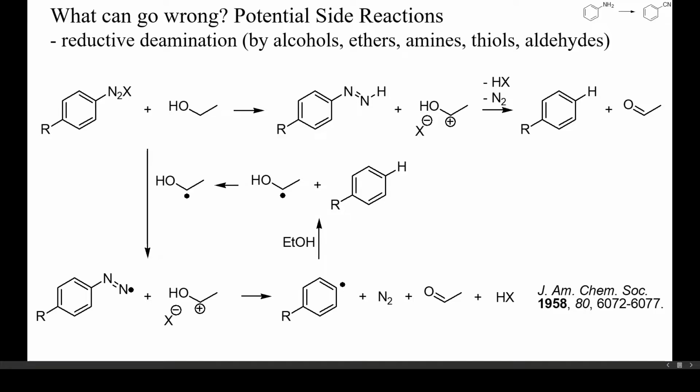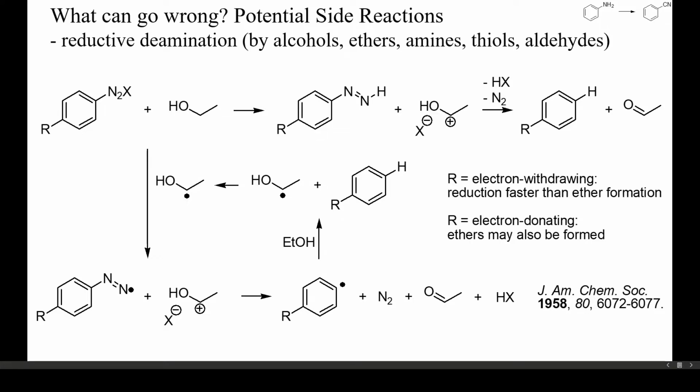An intermediate aryl radical could abstract a hydrogen atom from ethanol, and the new radical would reduce the starting diazonium salt to generate the aryl radical. It has been found that electron-deficient diazonium salts undergo reduction by ethanol in high yield, while electron-rich diazonium salts occasionally also yield ethers as byproducts, in particular with methanol and other alcohols that are difficult to oxidize, such as trichloroethanol.